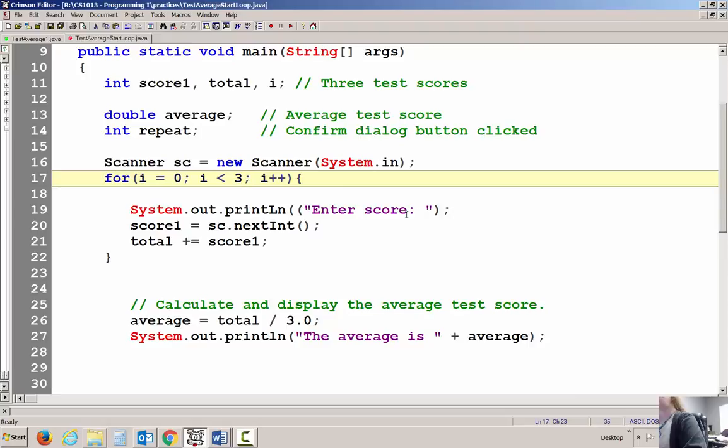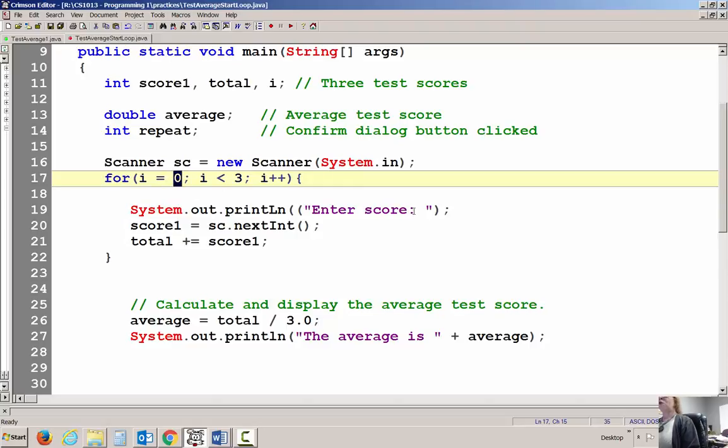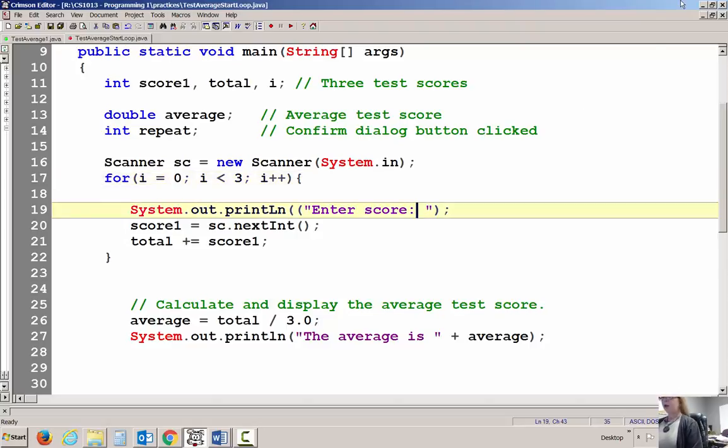Now there's a couple of other things I want to make sure and take care of. This works for all our scores, but I still would like it to say enter score and then the number of the score. So I can make that happen. I have a variable that's already keeping up with an iteration or a count. So I can come in here and say plus i. And then if I wanted anything else in there. But this is going to say enter score